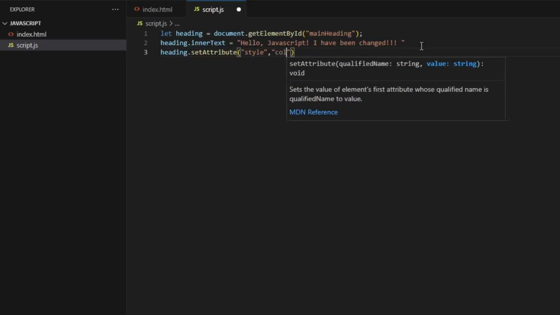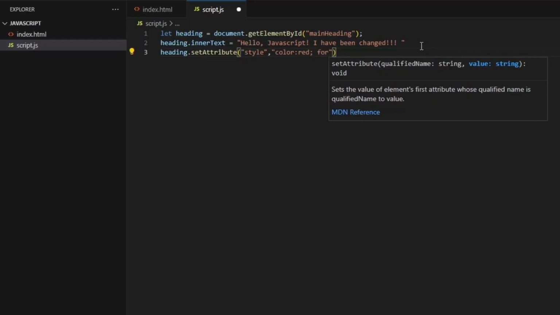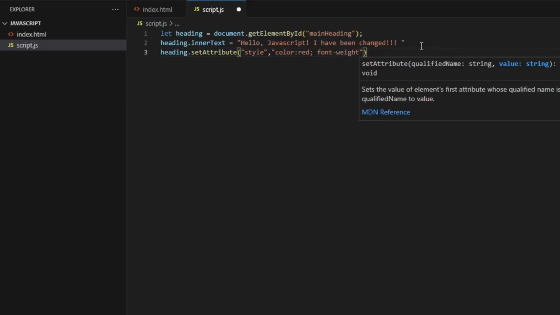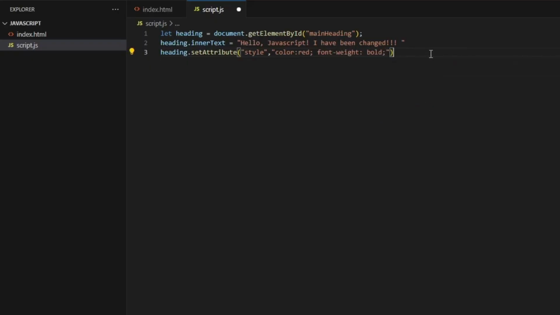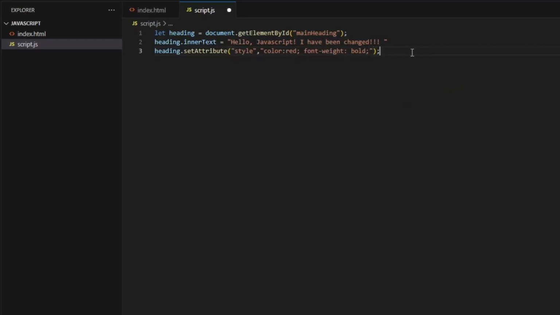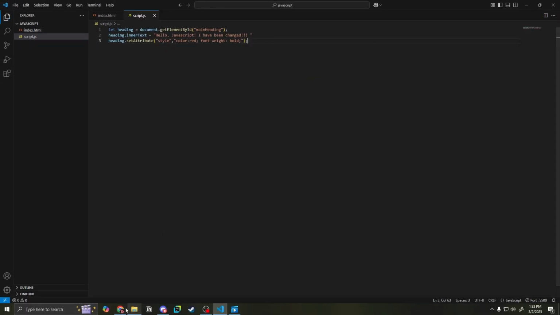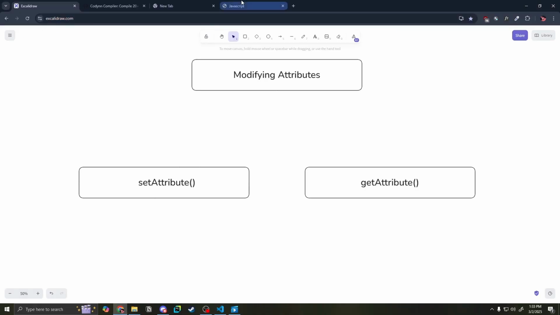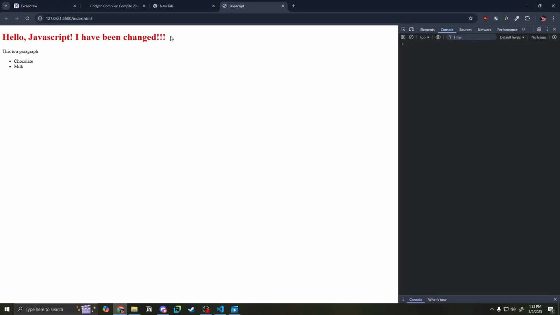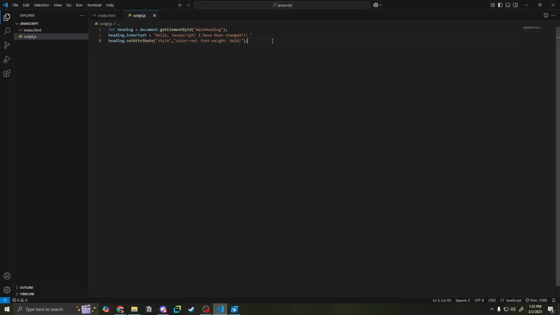So color is red, and let's say the font weight is bold. So let's see if some changes have taken place after we save and go on to our browser and then JavaScript. So we can see that its attribute has been changed, and it has been changed to red and then bold. So if we use the getAttribute method,